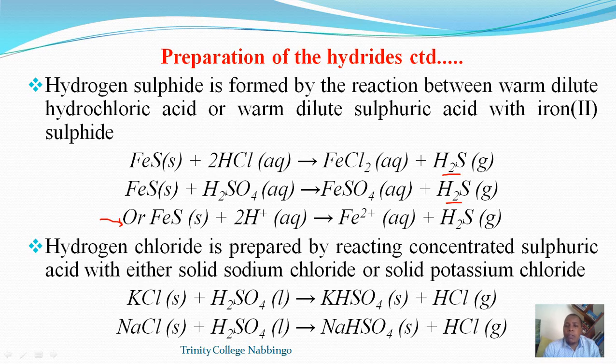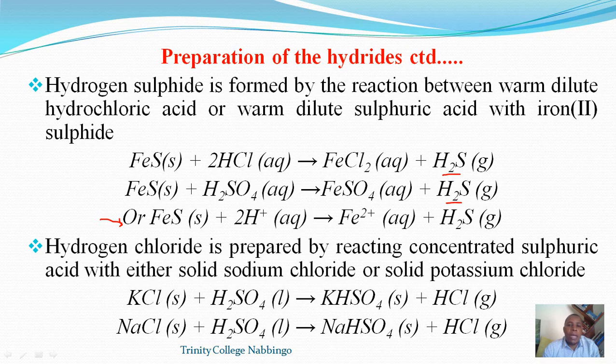It's important for us to note, unlike hydrogen chloride, the other hydrides of group 7 elements can't be prepared in this way. What do I mean? Hydrogen bromide and hydrogen iodide can't be prepared this way because they are much stronger reducing agents than hydrogen chloride. So the products we obtain are bromine and iodine. So we can't use these methods. The details of how those will be discussed, we shall talk about them when we go to the chemistry of